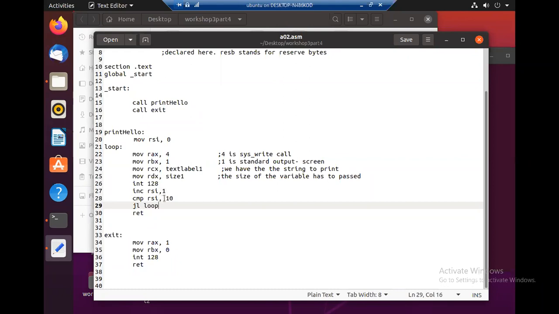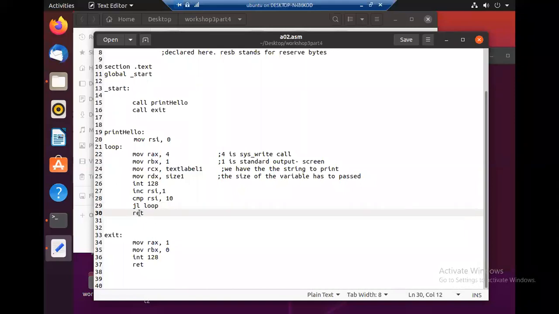Until 10 times it will be printed, and assume that now after increment this is 10, so it will be comparing, when this reaches 10, this jump statement will not be executed because in this comparison, when this is 10, this is not less, so it will not go here but come to the next instruction.